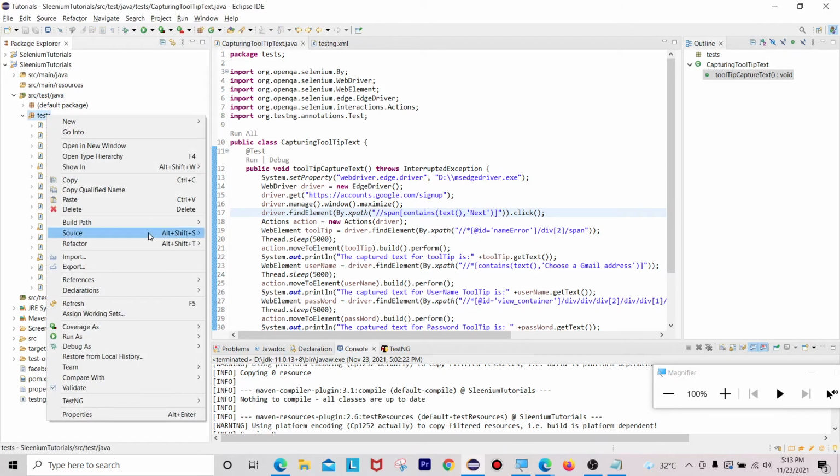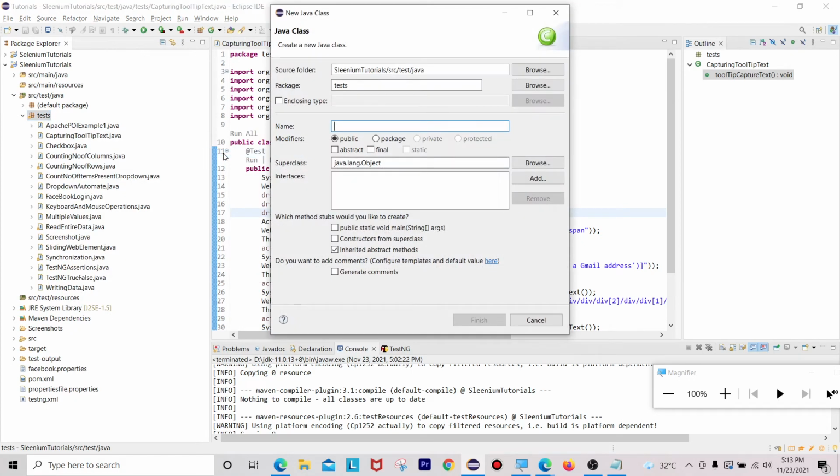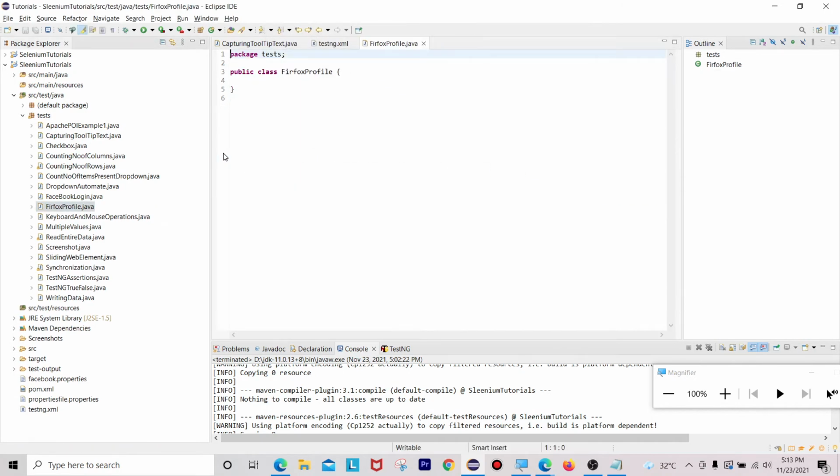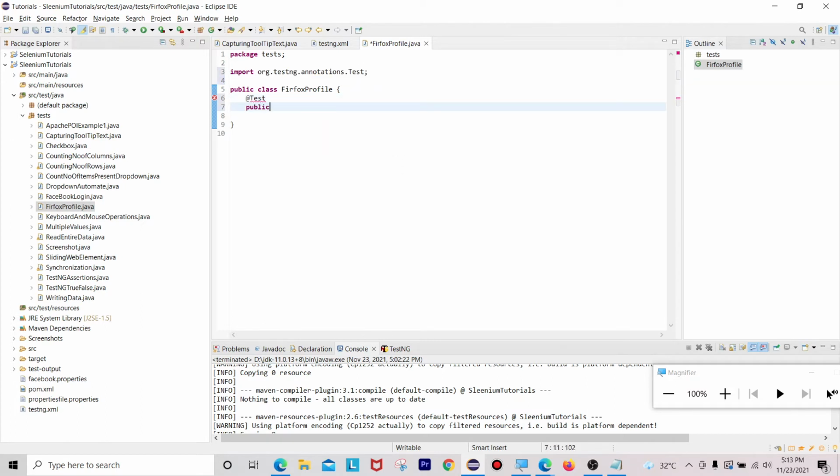New class name called Firefox profile. In the same way, @Test annotation, public void Firefox profiles.